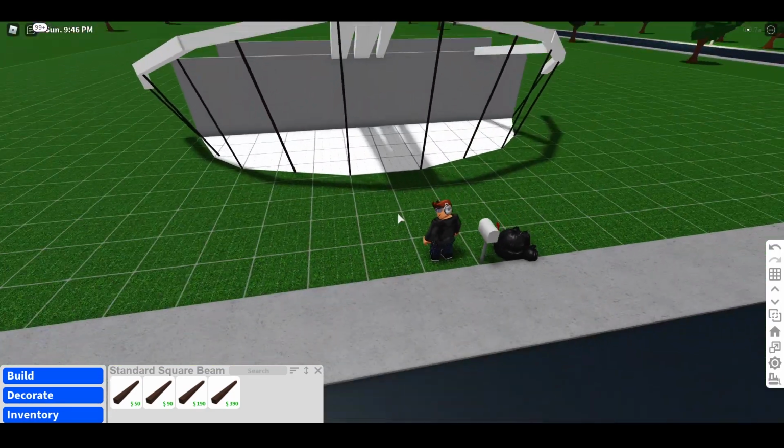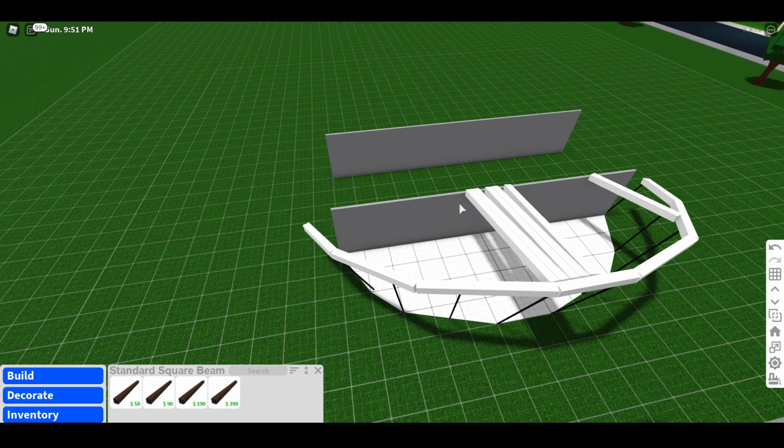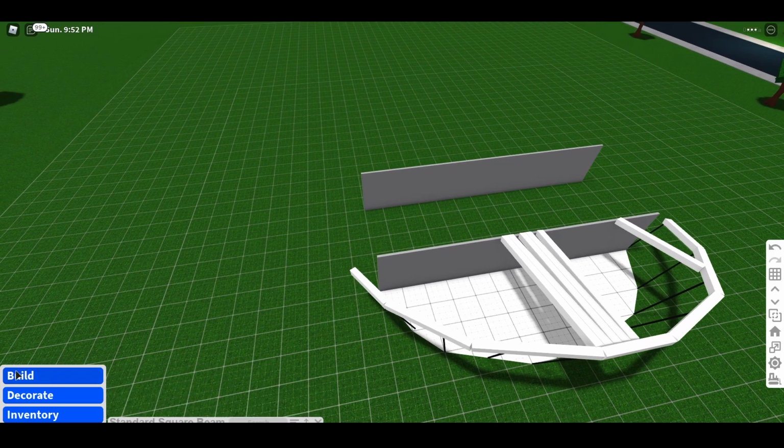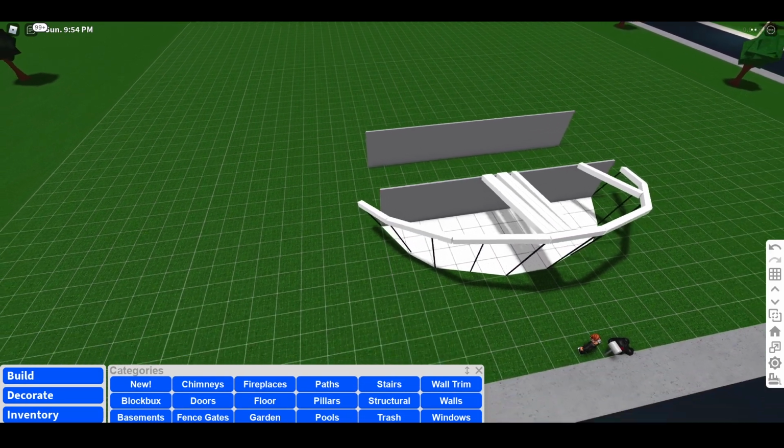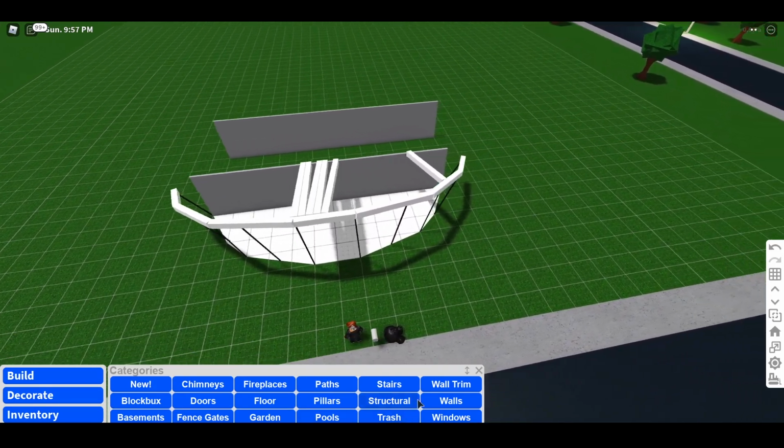Yeah, so that's that. Just trying to think of what else people would want to know how to do. The curved parts at the bottom holding this thing up. Okay, so